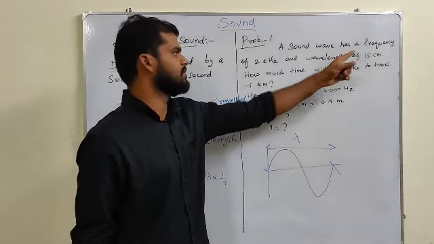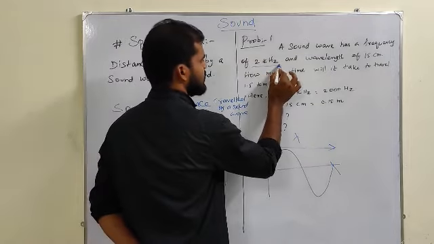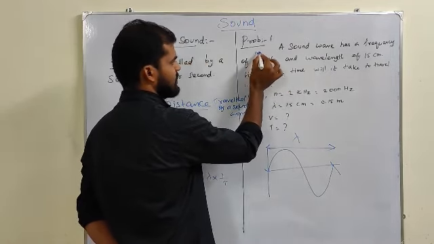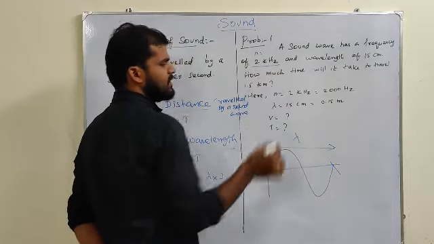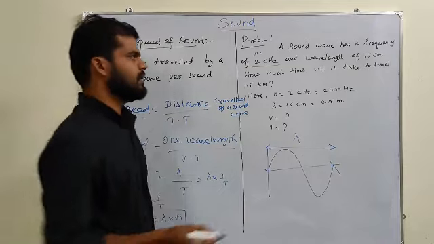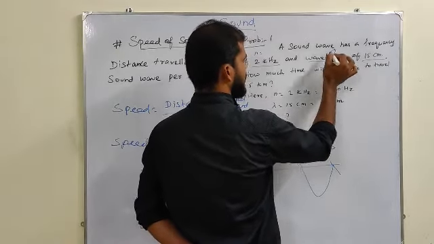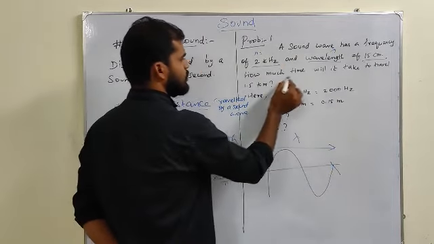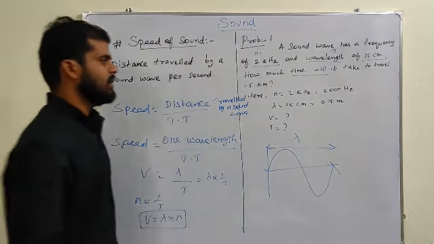A sound wave has a frequency of 2 kilohertz. The unit of frequency is hertz, so the n value is given here. 2 kilohertz, kilo means 10 power 3, which means you have to multiply by 1000, and a wavelength of 15 centimeter. Wavelength is nothing but lambda. How much time will it take to travel? They are asking you to find the time. How much time is taken to travel